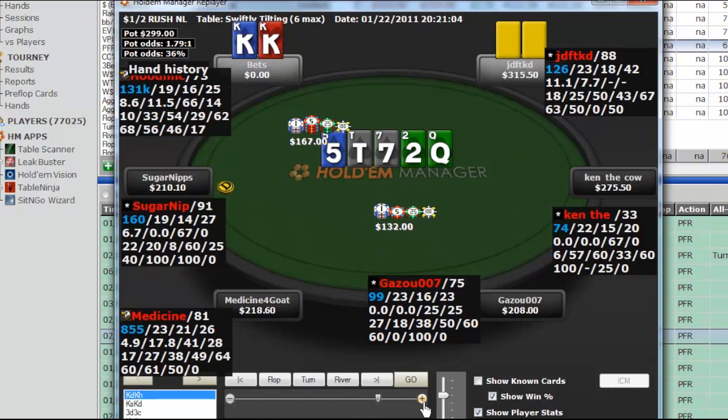He does call, and then I shoved the river. I wish that it wasn't an overbet. I maybe could have bet a bit smaller here. But he goes ahead and calls, and he's got 10-8, and I was definitely not stacking that hand if I triple barreled. But I think this shows that it can be a good spot to go ahead and check raise